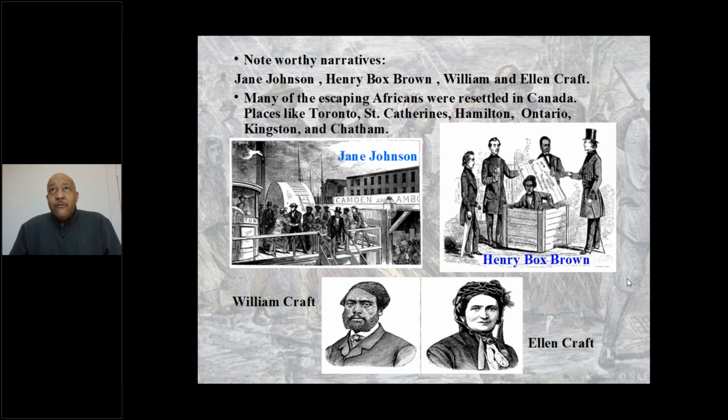He befriended a white gentleman in Richmond who had a shop. They decided to box Henry Box Brown, who was 5'5", in a crate that was 2'8" by 2 foot by 3 foot. They marked on top of this box, this side up, and they sent it to Philadelphia to William Still's office. The box, through 27 hours of travel, pretty much was set upside down.